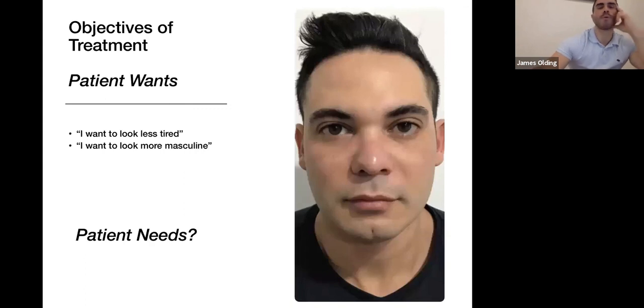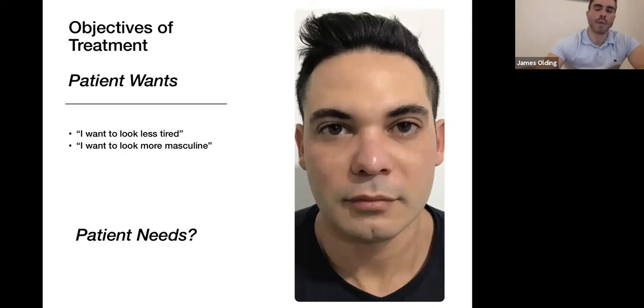Okay, just a couple more ones to look at now, not with videos, just to go through them. So here's one where, basically objectives, wants and needs, some patients will come with specific things. They might say, I want a bigger jawline, I want my chin to be bigger, quite common in male patients. But here, I think that we arrived at, I want to look less tired and I want to look more masculine. So what we did was what we call a facial harmonization procedure,